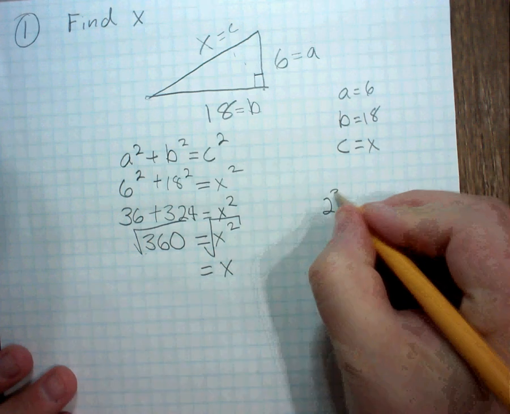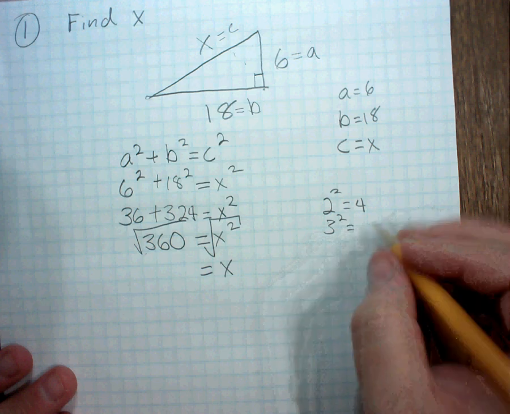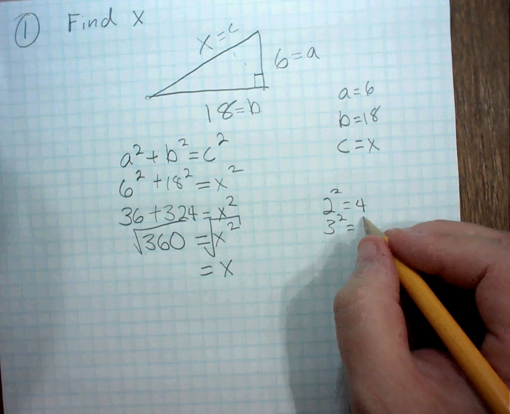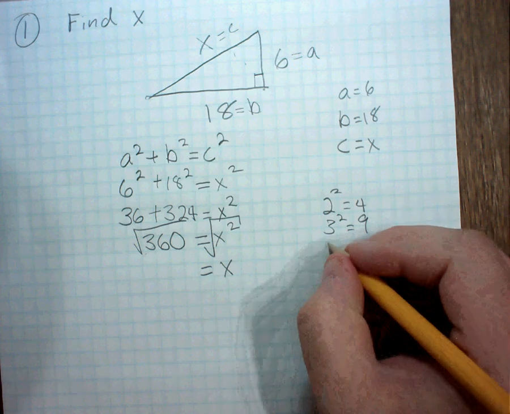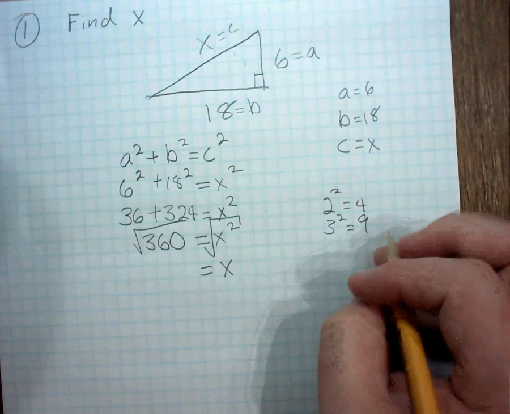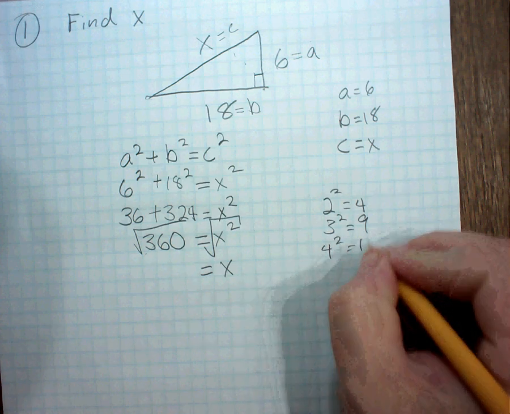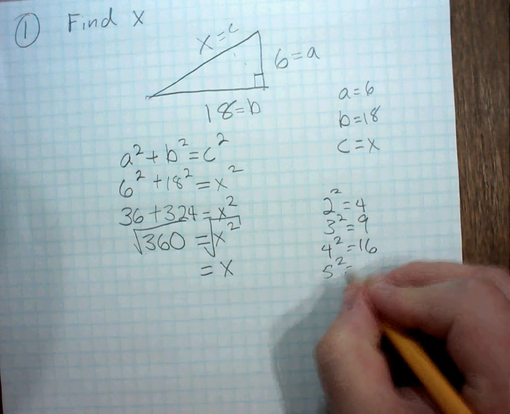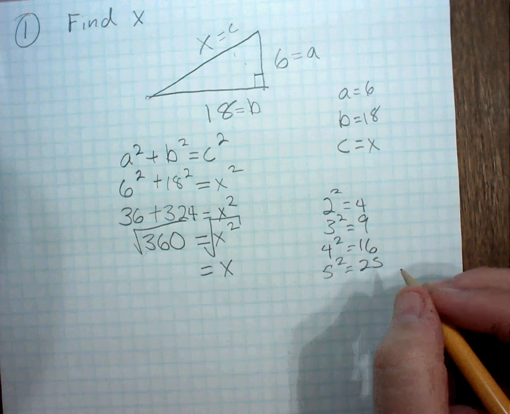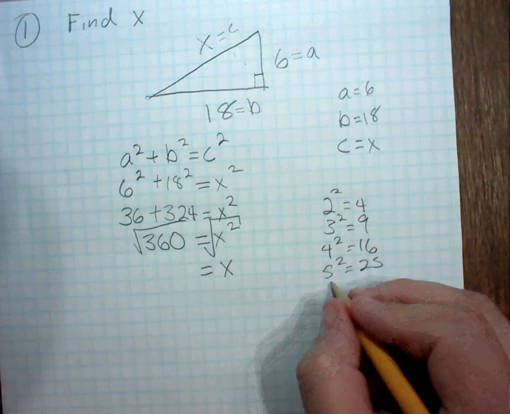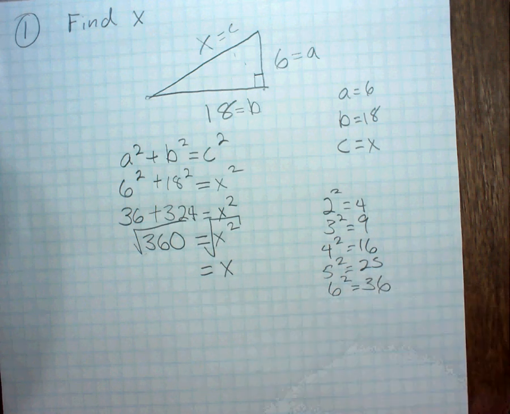So I'm going to think 2 squared equals 4, 3 squared equals 9, 4 squared equals 16, 5 squared equals 25,